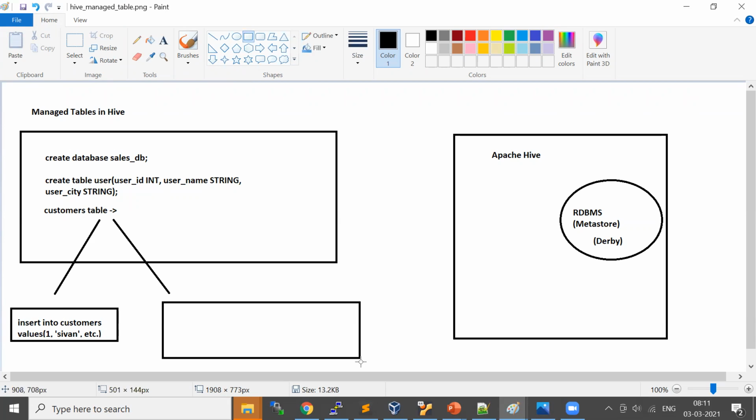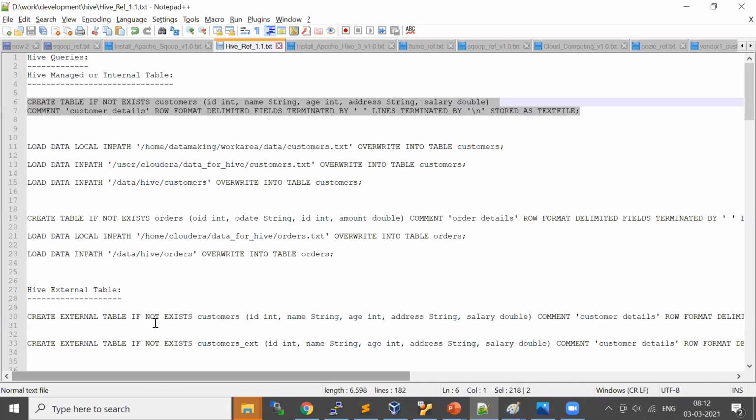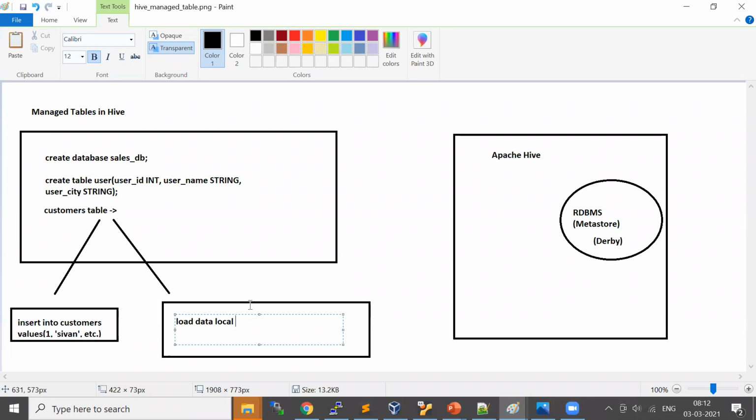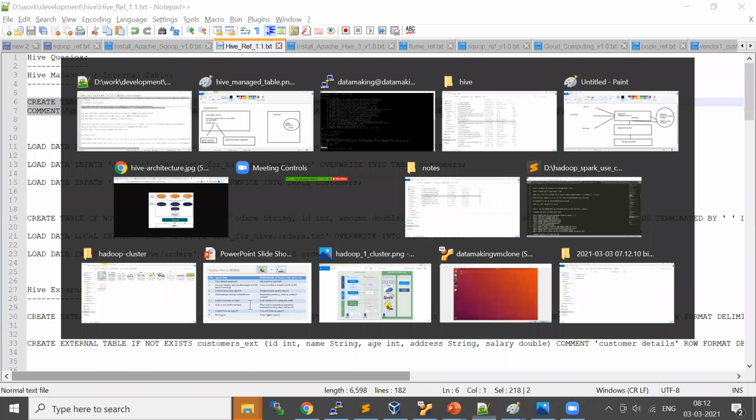The other way is there are load commands available: load data local inpath, and specify the location of your file, and overwrite into table.